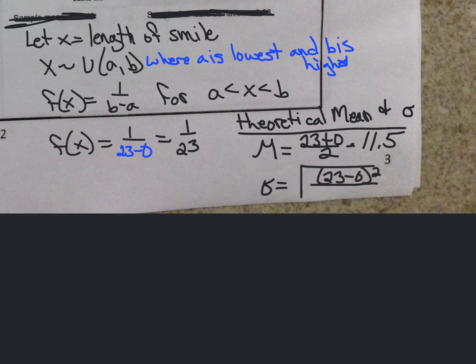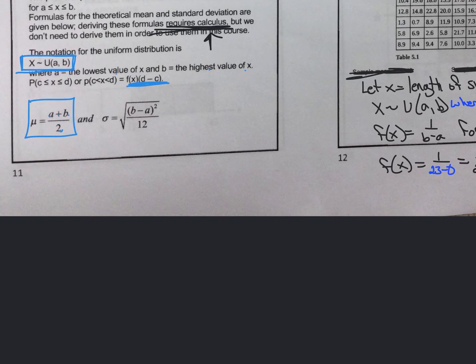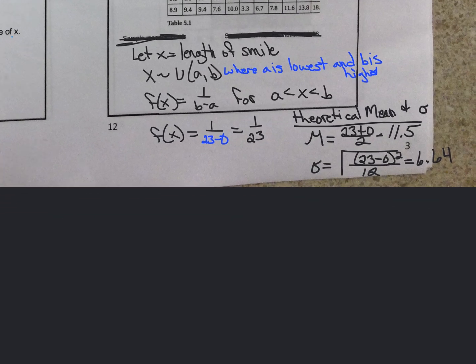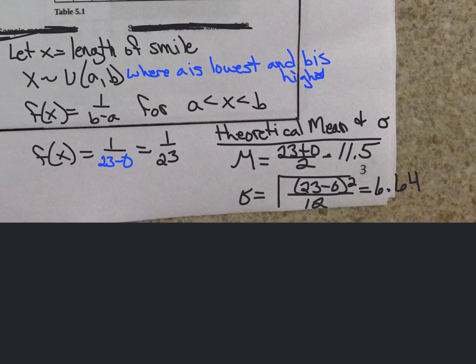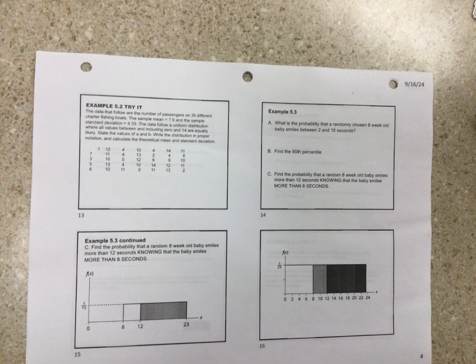I'm just using those formulas over here on the sheet before, right there. Okay, and so the standard deviation is 6.64. So you can expect the smiling times to deviate 6.64 from the mean of 11.5, right? And it'll still be normal. All right,